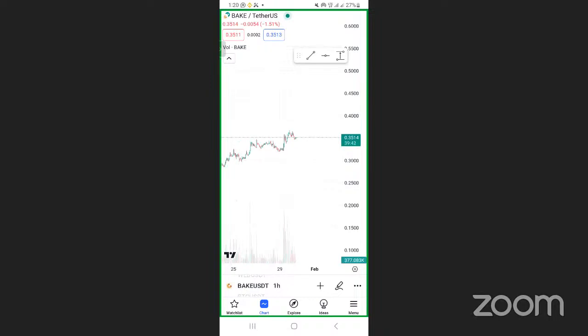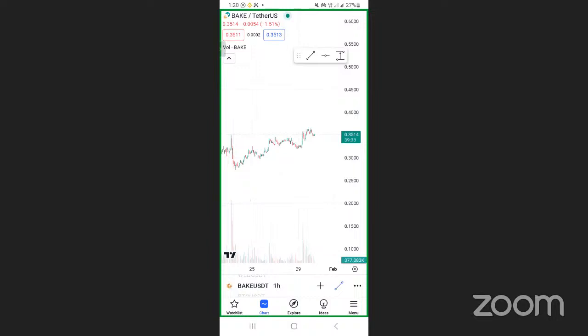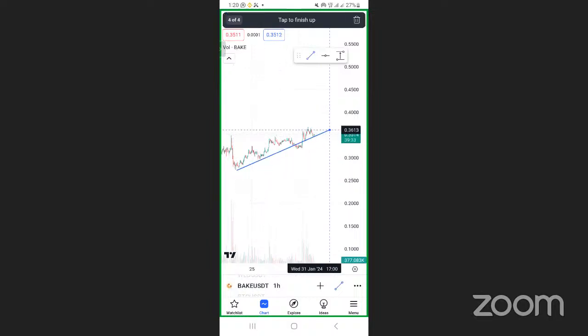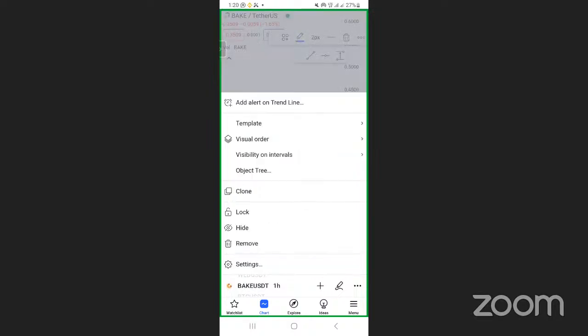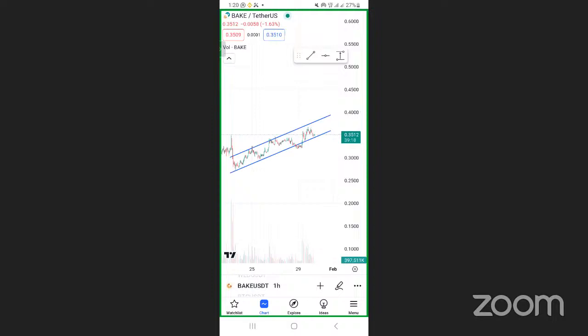So someone who would love to trade BECK, okay, just draw your trend line below, like how I had drawn. Are you getting me? Like how I had drawn? Like this. Wait for it. Let me clone this. Clone. Wait for it to reverse like where it is right now.